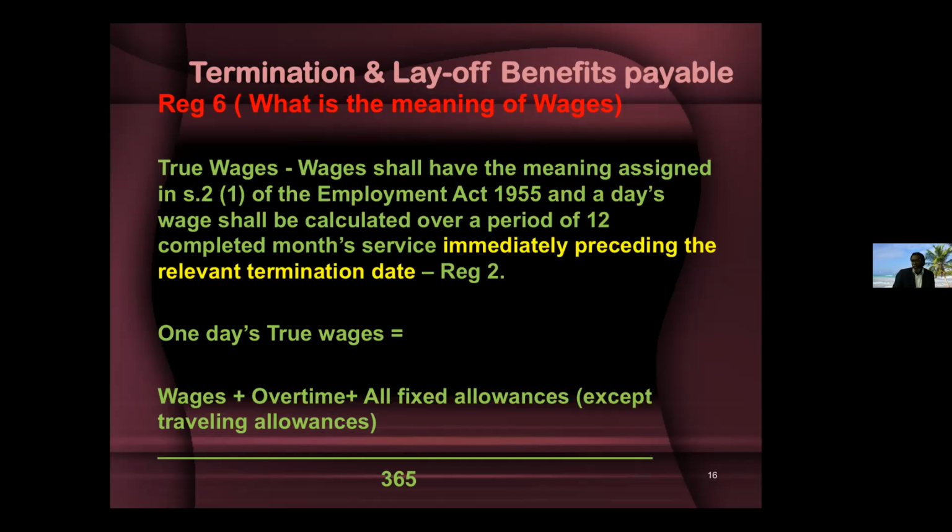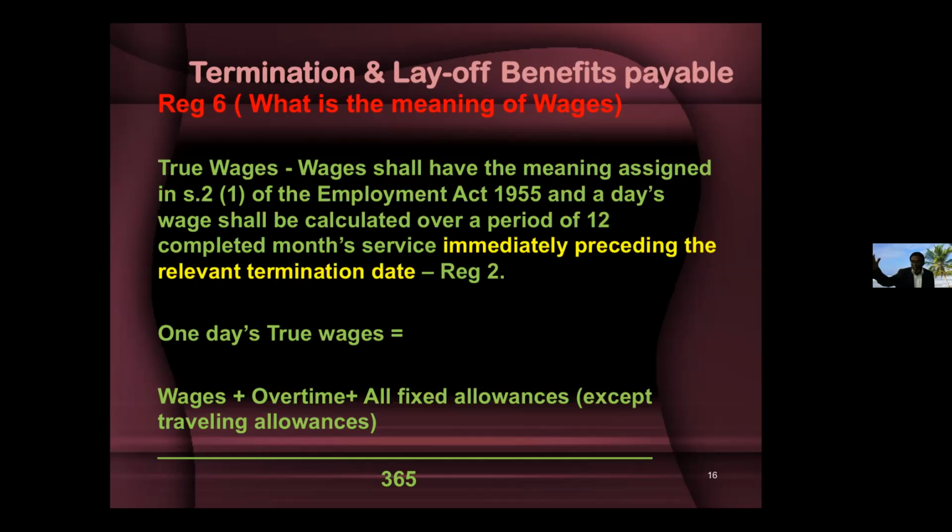So you go back 365 days or 12 months earlier, assuming that he is being terminated on December 31st, 2020. So you go back to his wages that have been paid for 12 continuous months, which is 31st December 2019 right up to 31st December 2020, which is about 365 days. And 1 day's true wages would mean all those wages paid during that 1 year period,